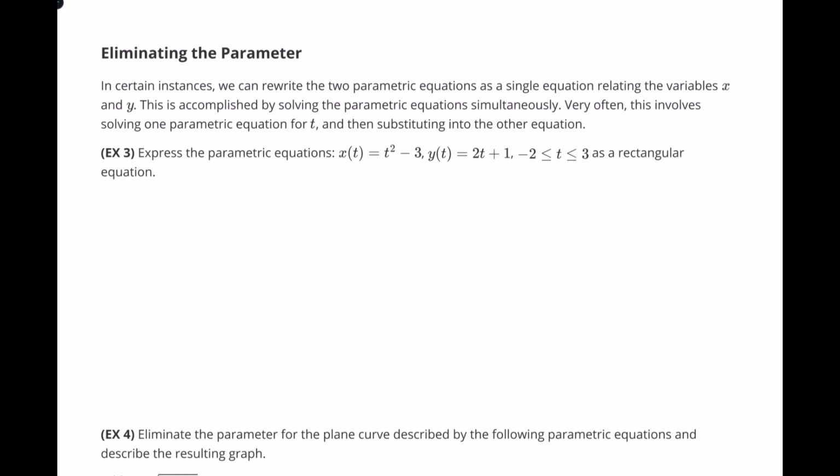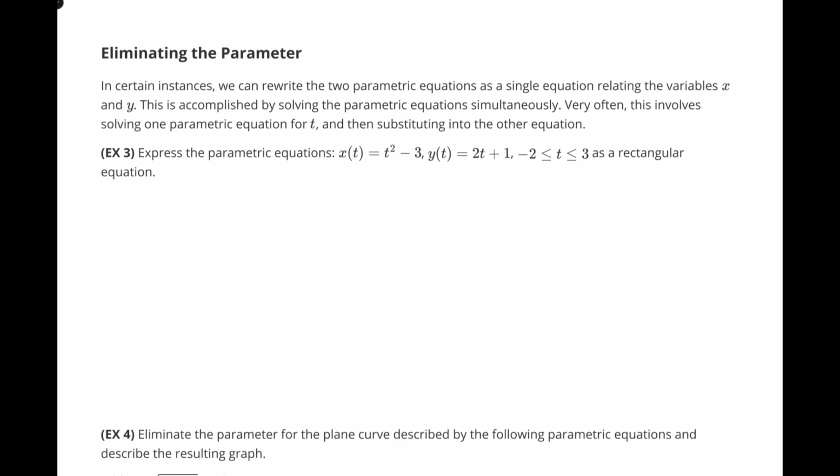Now we'll look at how we can switch between the parametric equation form and the rectangular form, if possible, for a particular set of parametric equations. I think it's actually easier to learn how to go from parametric equations into rectangular equations first, so that's what we'll learn how to do in this video. So basically this is based off of the substitution method. You solve one of the equations for t, and then substitute that into the other equation, and that's effectively all